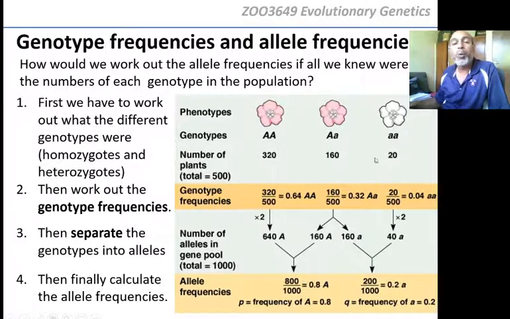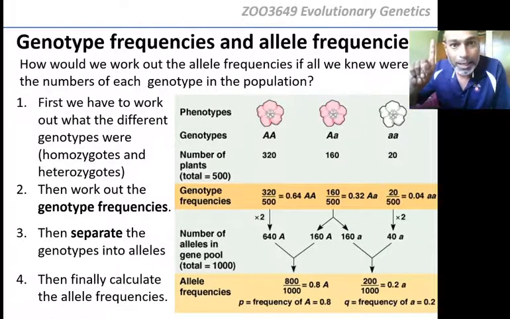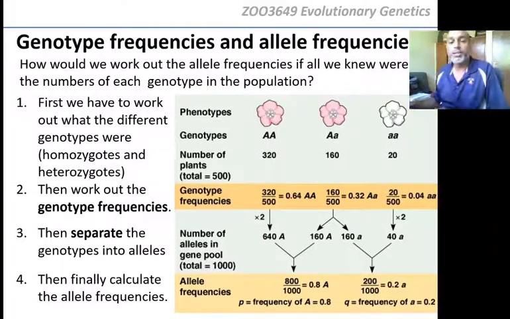In this flower, in this plant. So what are the genotype frequencies? First, let's work out genotype frequencies. So that means how many big A's do we have? We have 320. And to work out the genotype frequency, we do what? Divide by number of individuals. Okay? So it's 320 divided by what? How do you know the number of individuals? You have to add all these 3 numbers up. Then you know the total. Then you divide by that total, which is 500, and you get your 0.64 for your genotype frequency